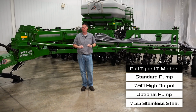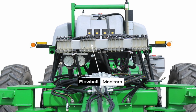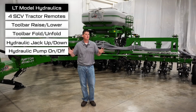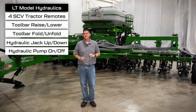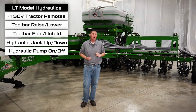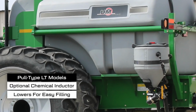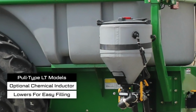of the standard pump. Standard flow ball monitors allow the operator to quickly and conveniently check the flow to each row. 4 SCV hydraulic remotes are required on LT models, where the 1 extra SCV required compared to an ST model controls the hydraulic pump. We also have an optional chemical inductor available for LT models for easily adding micronutrients or stabilizer from the ground